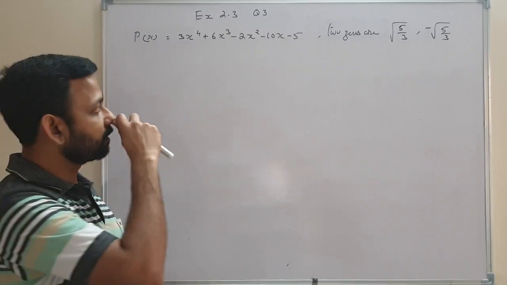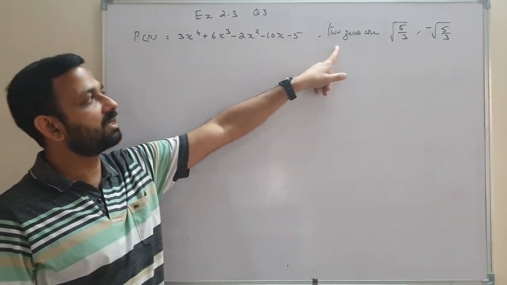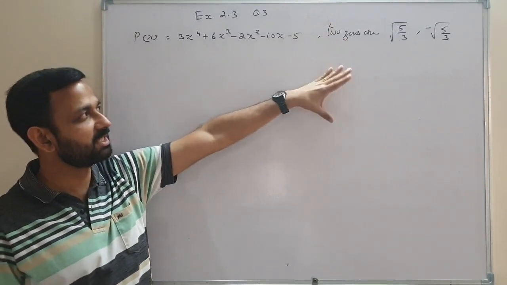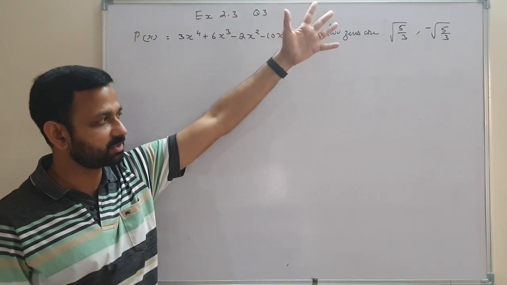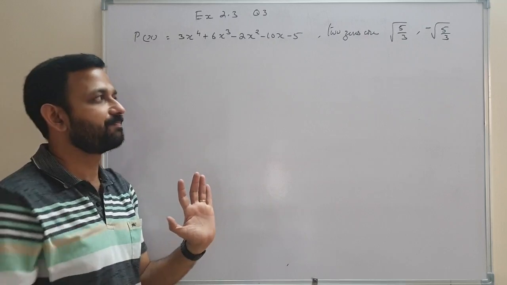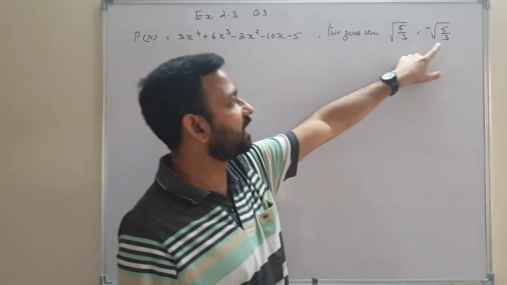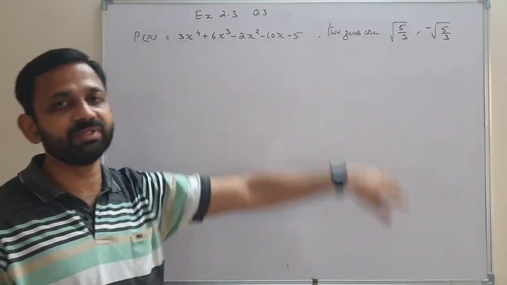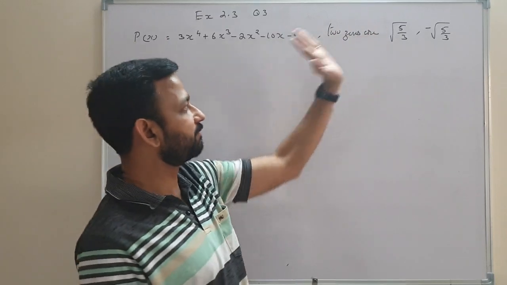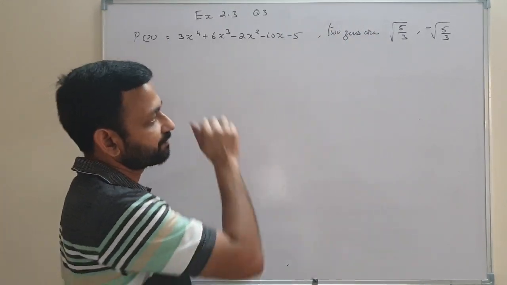The number of zeros of a cubic polynomial is maximum 3, and similarly the number of zeros of a fourth degree polynomial is maximum 4. Maximum 4 means some zeros may be identical. We will write 4 zeros, some of them may be identical if they don't have 4 distinct zeros. So here 2 zeros are given, we need to find the rest of the 2 zeros. The polynomial is given, 2 zeros are given, and this is a fourth degree polynomial.